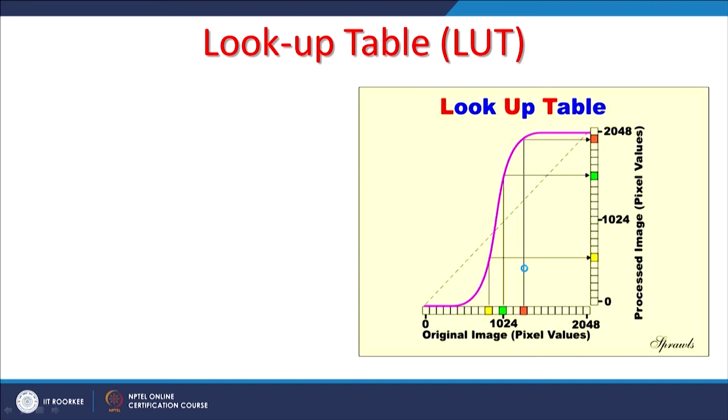Another concept used in digital image processing is the lookup table, or LUT. The purpose here is not to modify the original image, but when the image is displayed, a lookup table is created. So, when you want to save a stretched image, you generally do not save the image, you just save the lookup table, and therefore you do not occupy a lot of space on your hard disk. That is the advantage of the lookup table. If your image occupies 100 MB, the lookup table may require maybe 100 kilobytes, so you save a lot of space and display becomes faster as well.